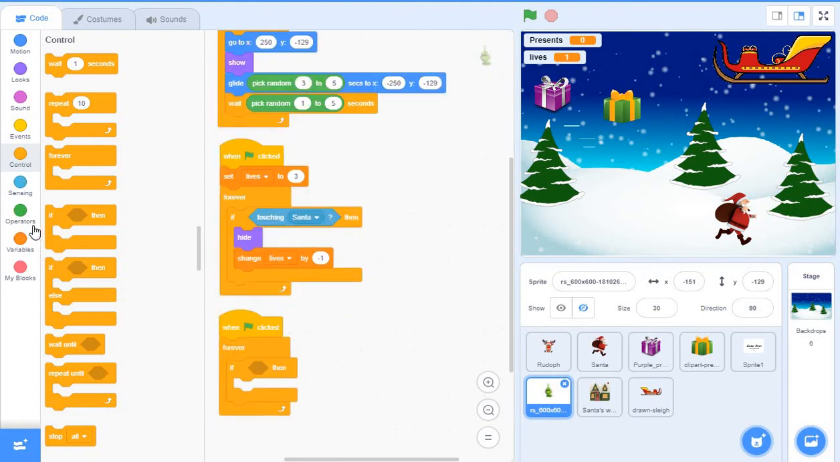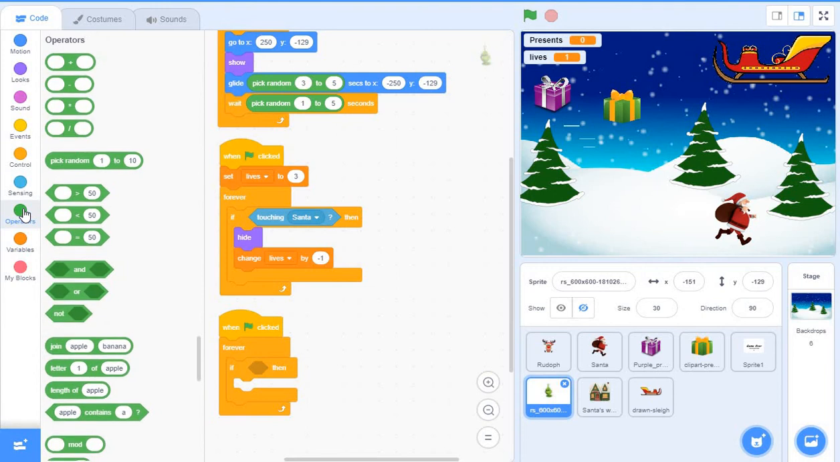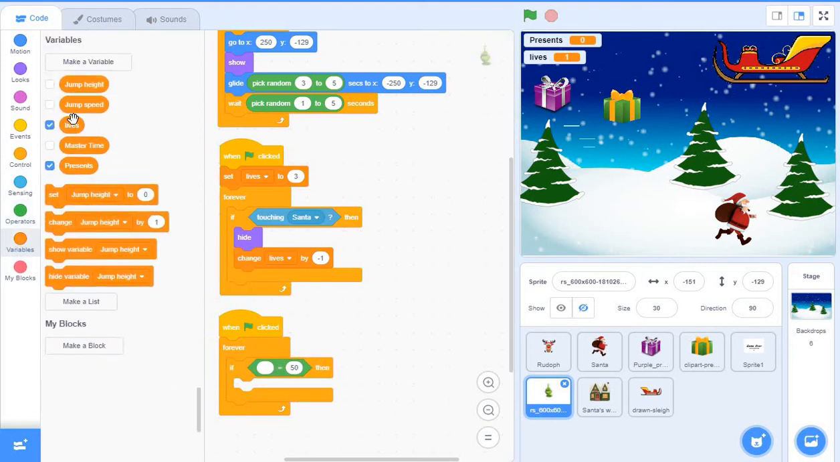Now, what we're going to do now is use operators, and you've got this one. We can check if something is equal to a certain number. So I'm going to pop that in there. I'm going to go to my variables. I'm going to use lives. I'm going to drag that on the left-hand side. You can see it's the shape that matches. So whenever the lives is equal to -1,